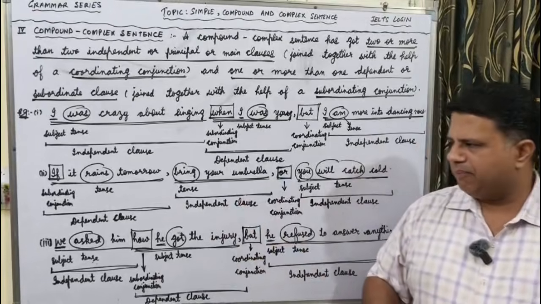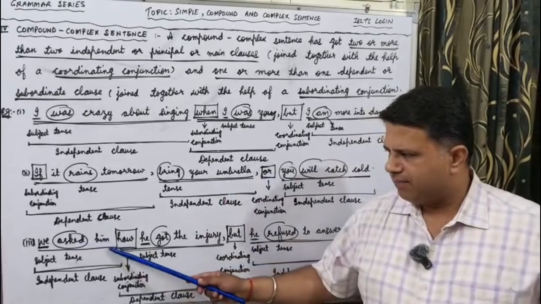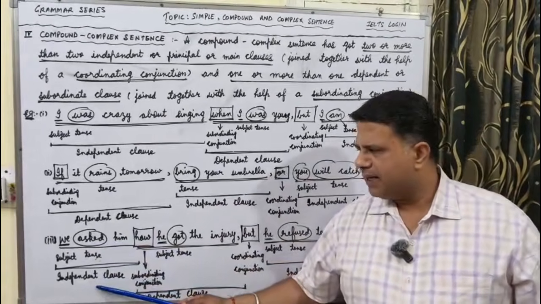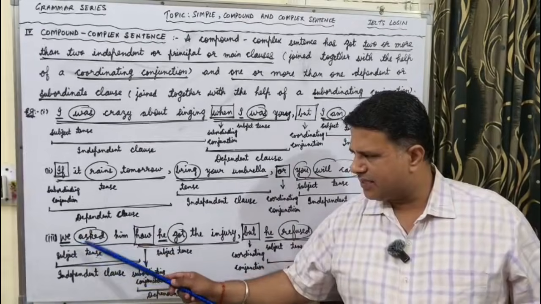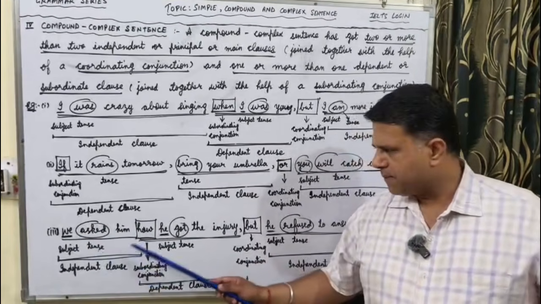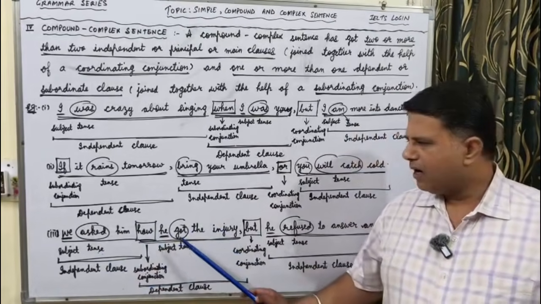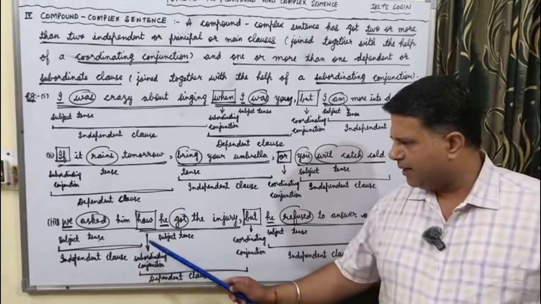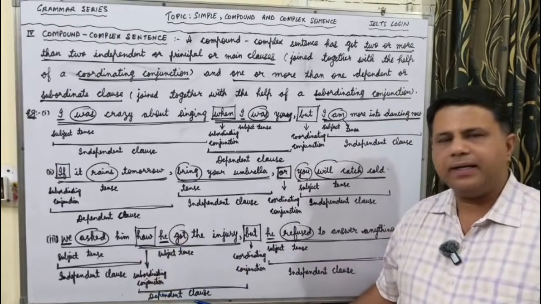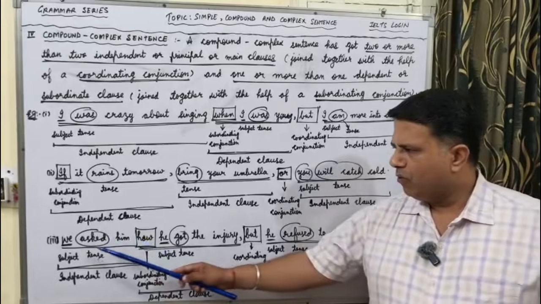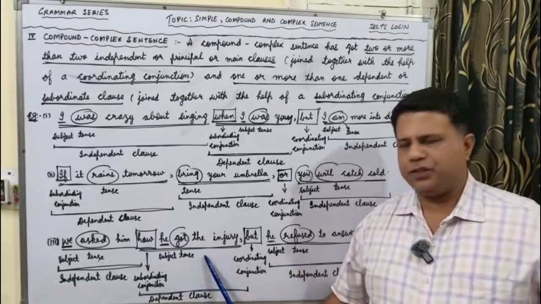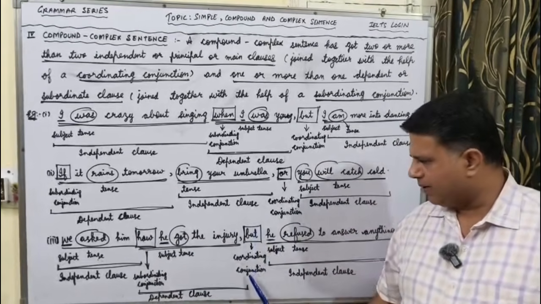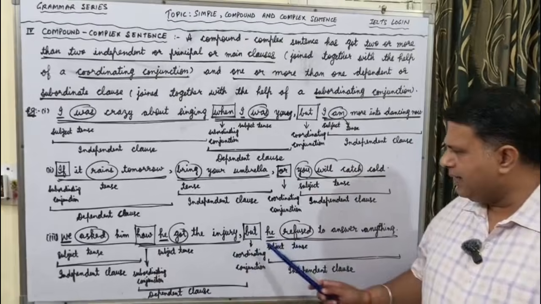Moving on to the third example. We asked him. This is an independent clause. So we is the subject, asked is the tense element. How he got the injury. How is the subordinating conjunction. He is the subject, got is the tense element. How he got the injury, this is a dependent clause. We asked him how he got the injury, but is a coordinating conjunction, but he refused